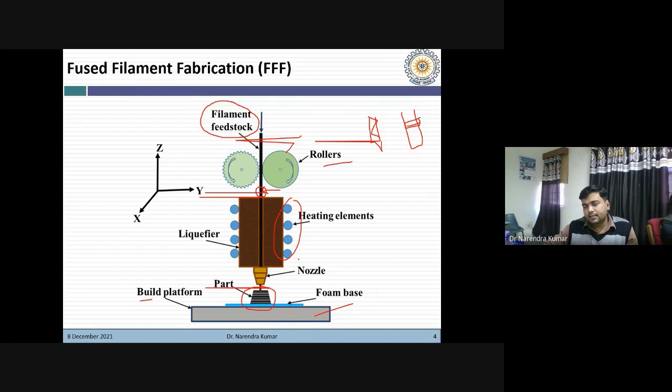So this is basically the mechanism of extrusion in the FFF process. Now let's move to the next slide. I think it is clear to all of you. If you have any confusion, you can ask after this session. At the end, I will take some queries from your side.